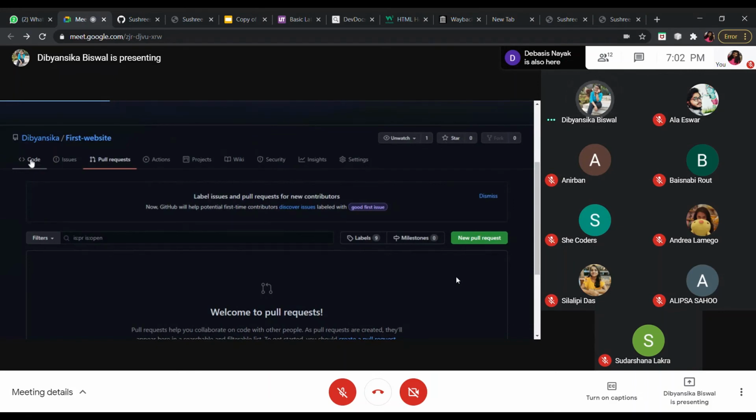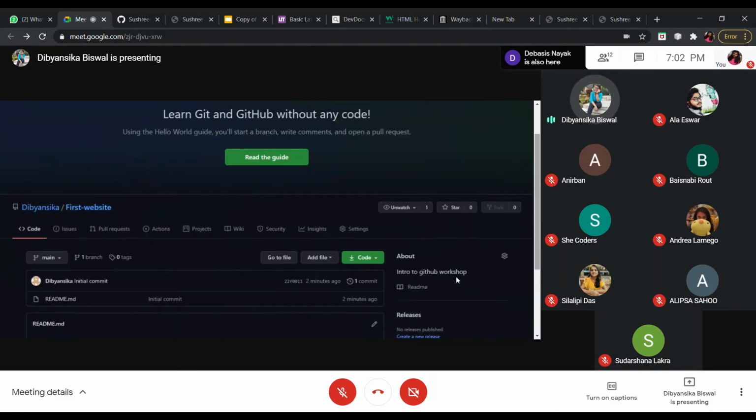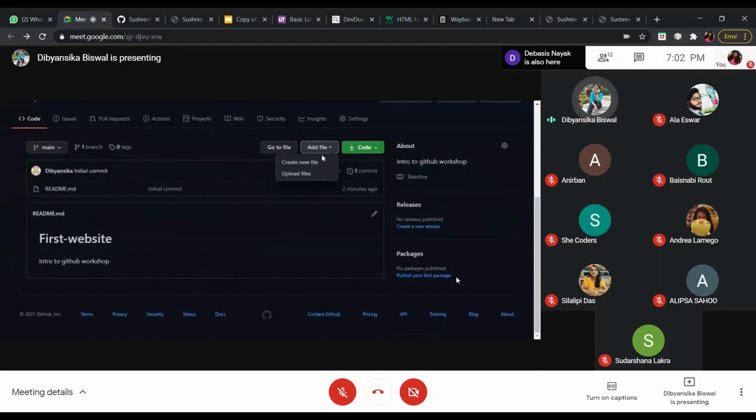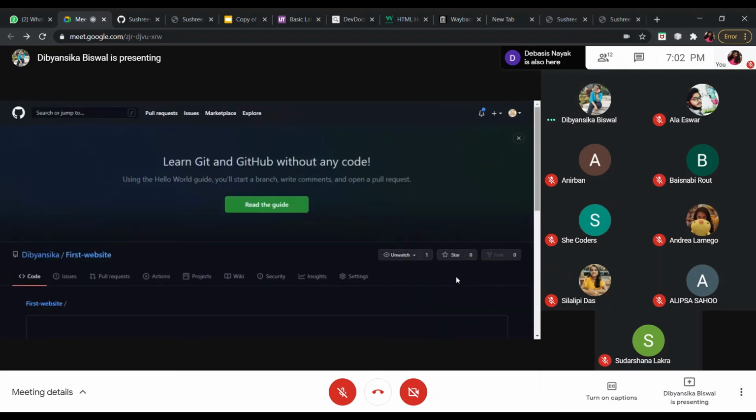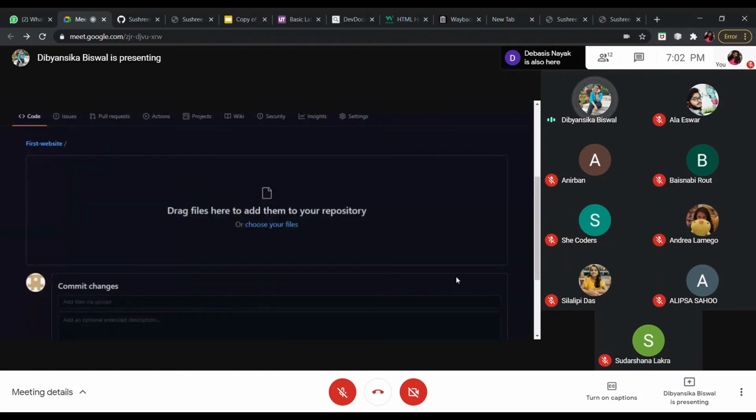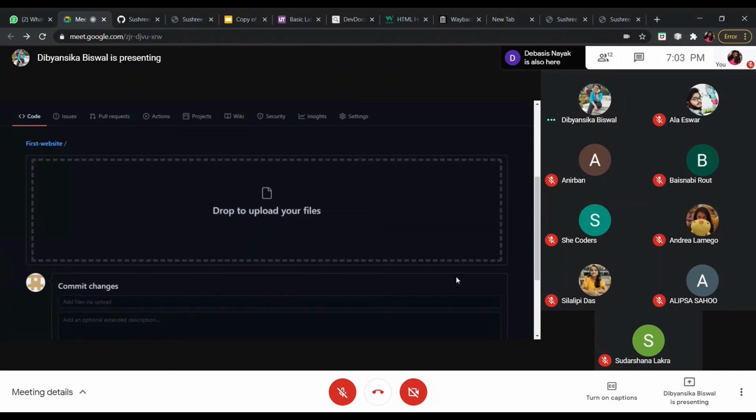So now I'll be loading all my code. So I'll go to add file, upload files. So I'm gonna just basically drag all my files. So there you go.